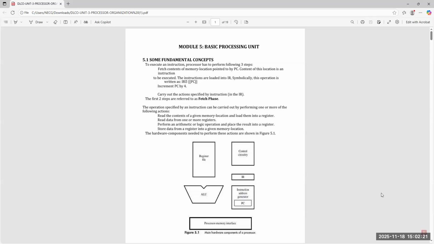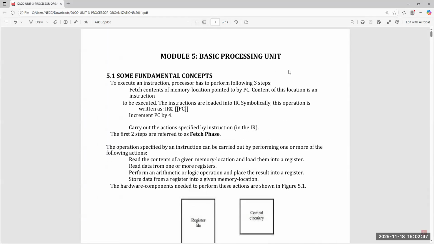What are the three steps? The first step is fetching. That is, fetch the contents of the memory location